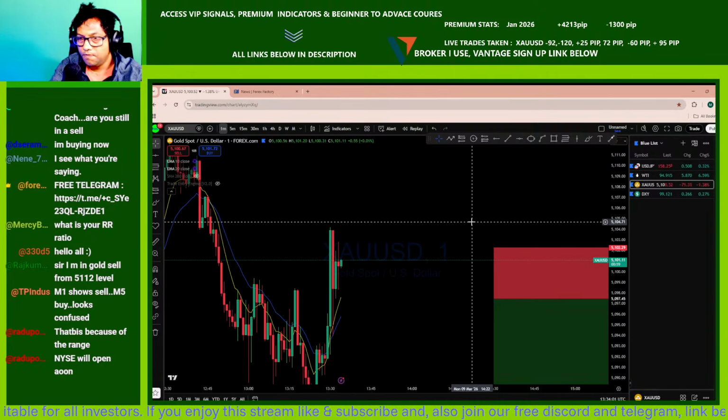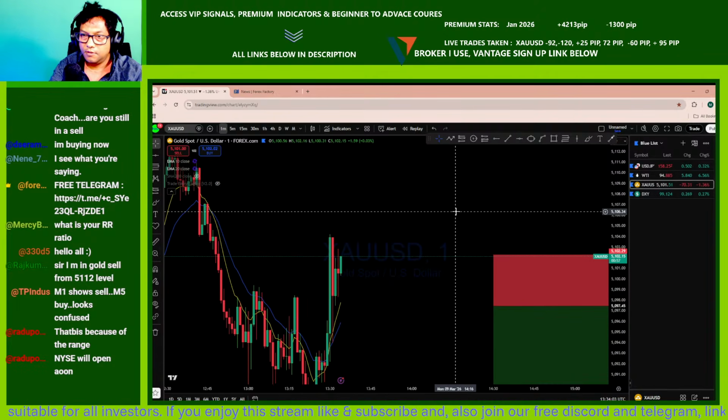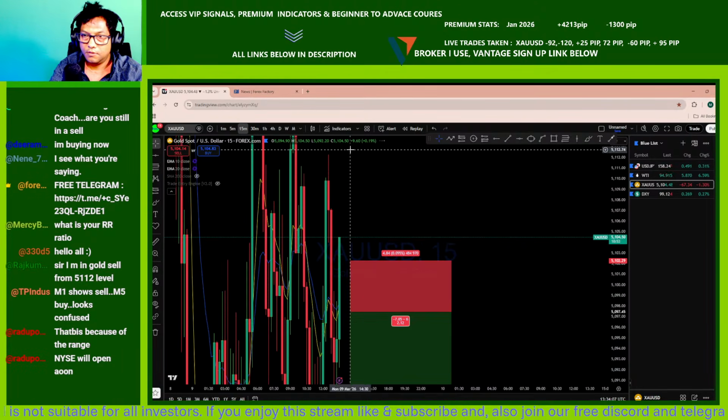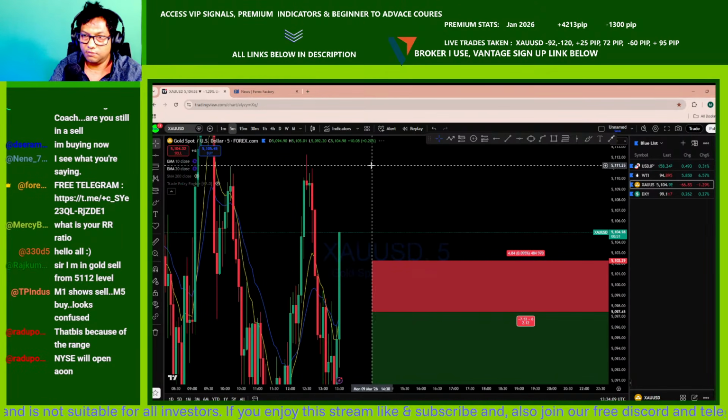Create a narrow doji, and it's really market structure that I